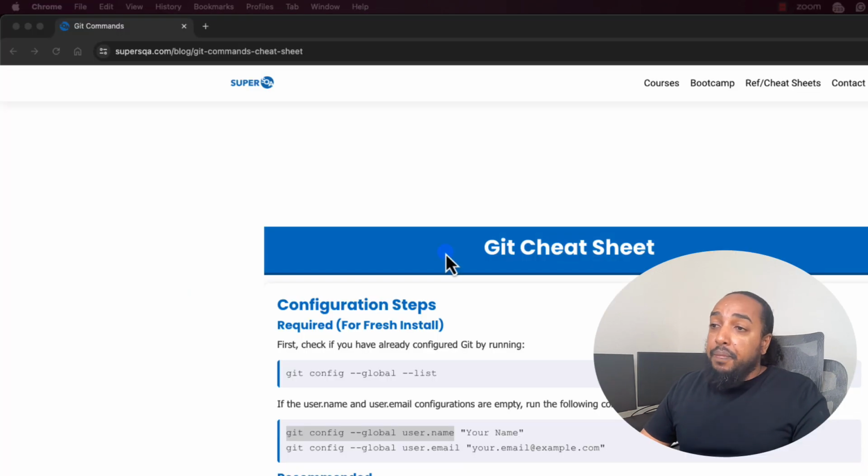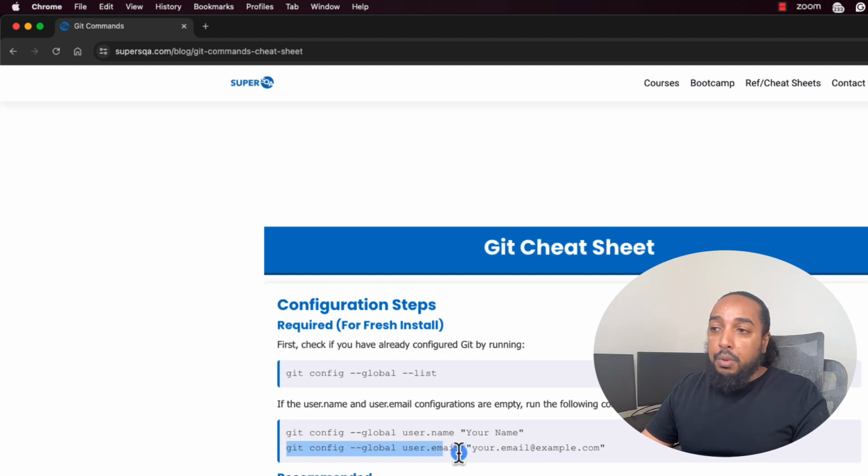All right. So the next important thing is the email. All you gotta do is the same thing. Copy this, git config global username. Inside of double quotes, you have to do that. Inside of double quotes, put your email address, the email address you're going to use with, or you are using,